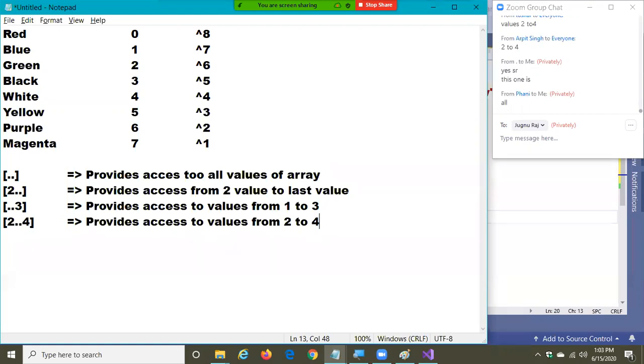Which one is easy to write, for loop or foreach loop? Undoubtedly foreach loop is easy. But the problem with foreach loop is that it gives me access to all values. The advantage with for loop is that I can get particular values by setting the index position. If I say i = 1, i less than or equal to 3, then it will give me access to 2 to 4. Like this, I need to keep on changing the conditions always.